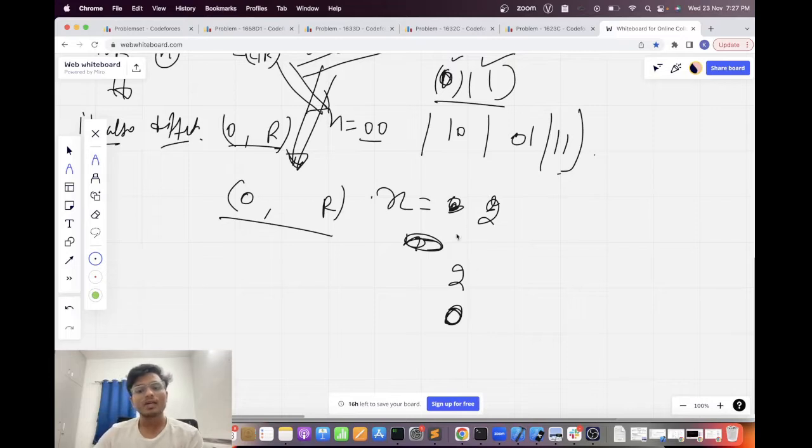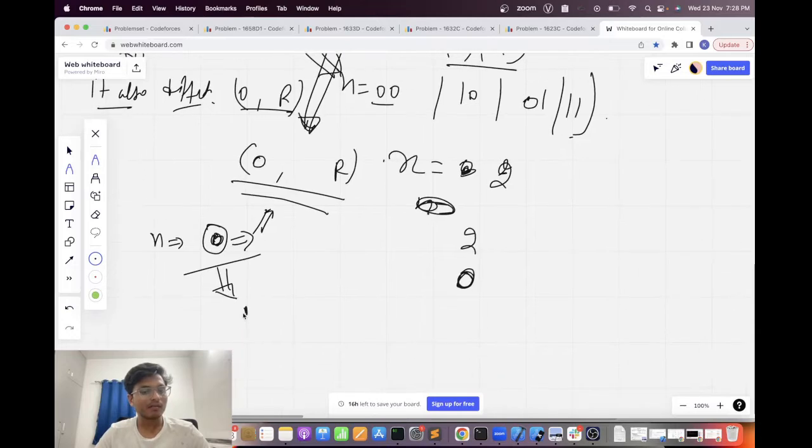Because if you take 0 at that position in the result of x, then the result will also be between 0 and R. It is not going outside R. And I am 100% sure that after taking 0 at that position, all the numbers in the result are different, and the number of R will be